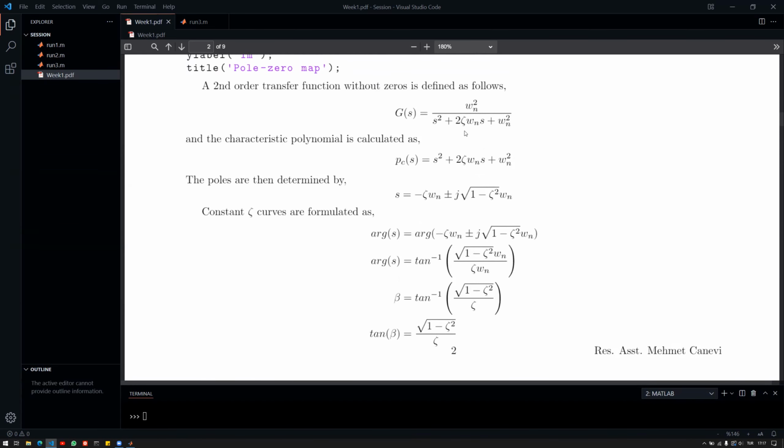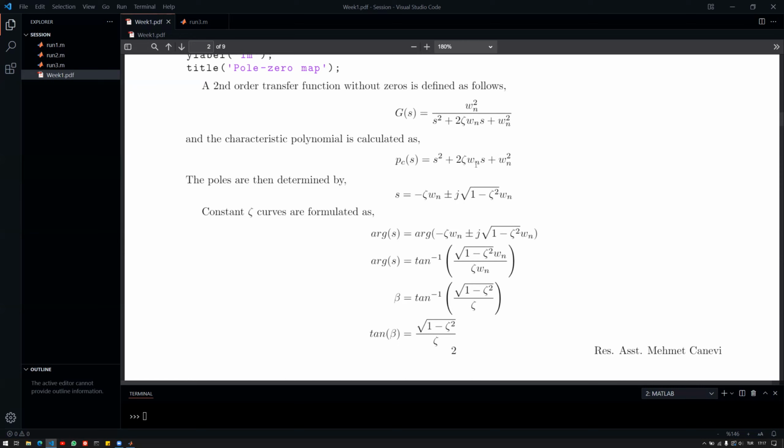Will it overshoot? What settling time will it have? Etc. etc. Can be determined based on zeta and omega n. And the source of this zeta omega n usage is basically the second order polynomial roots. So the way you calculate that. If you remember,